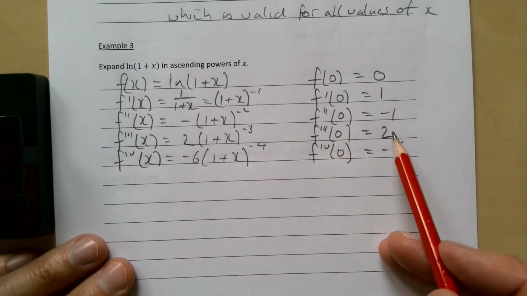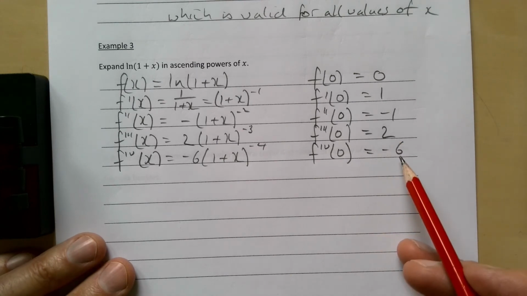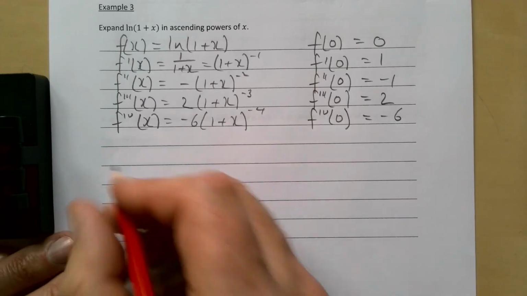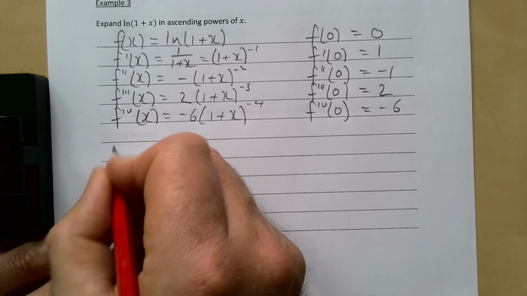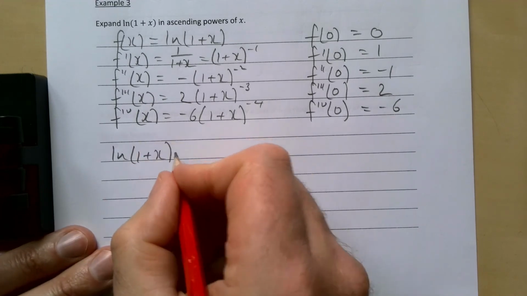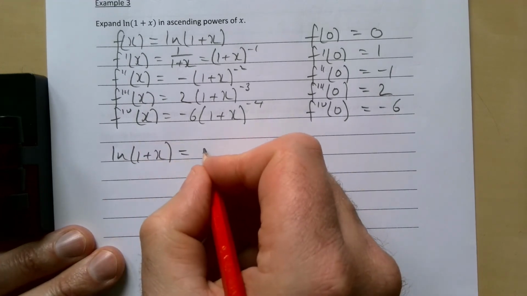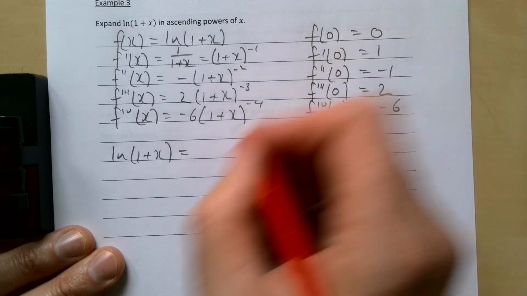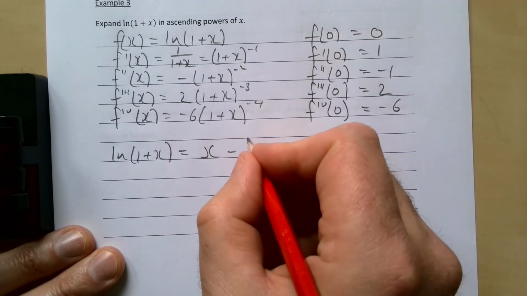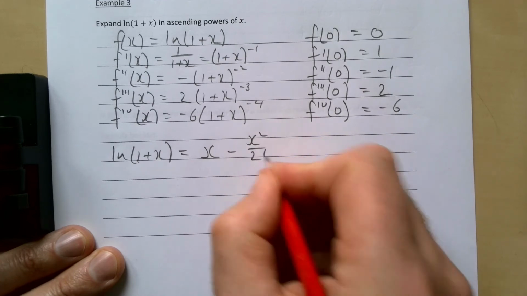I'm not sure if you recognize those numbers, 2, 6, 24. Those are the factorial numbers as you multiply up. So it's going to make our life then a little bit easier. So then by Maclaurin expansion, ln(1 plus x) is going to equal, first one 0, so that 1 doesn't appear. Then we're going to have x minus x squared over 2 factorial